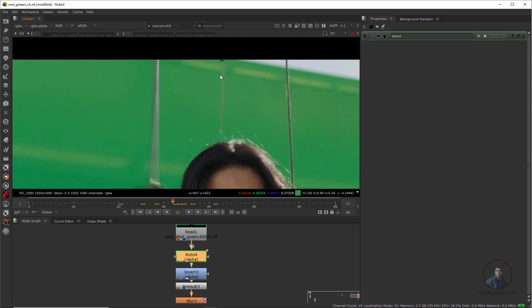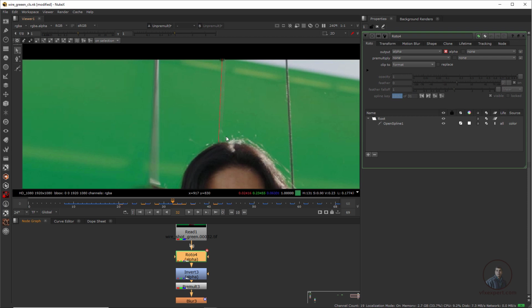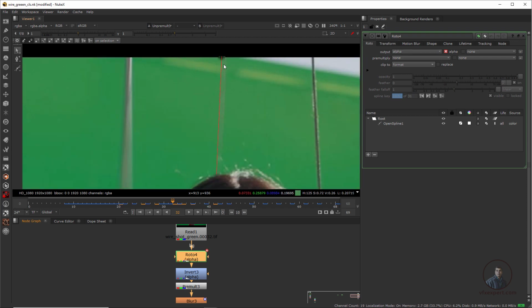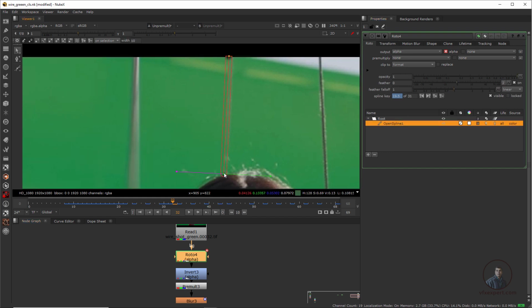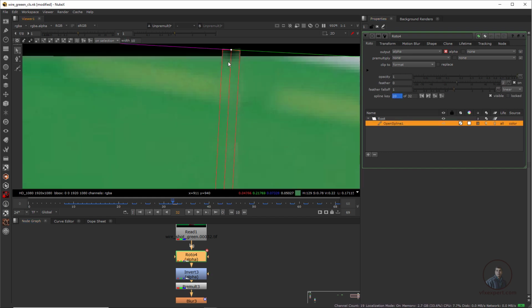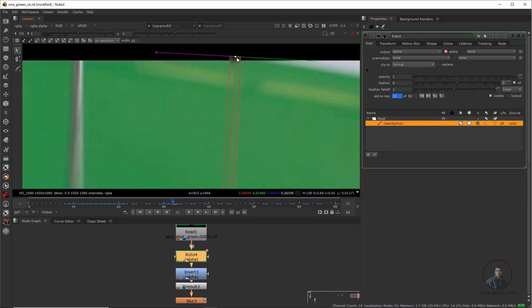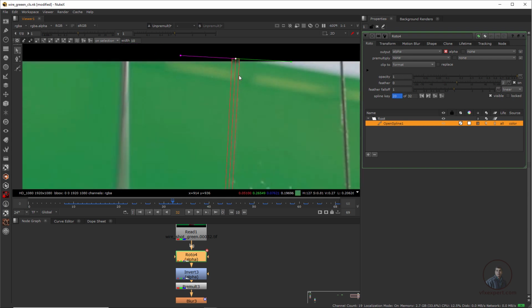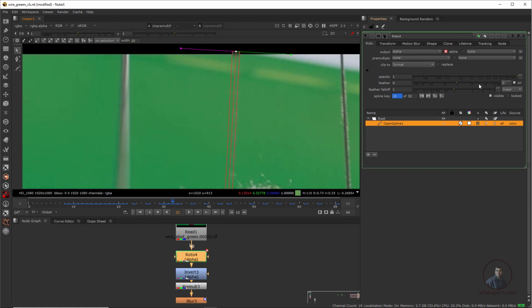Maybe here, if you are getting a little bit of this problem, then you can adjust your roto, because the roto shape is not placed exactly on our wire here. Okay, so you can select open splines again and adjust it here. Even suppose if you want, you can correct these pixels a little bit. So for this, what we can do, simply come here again to this blur node, so just double